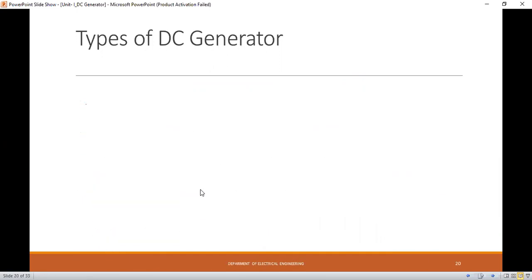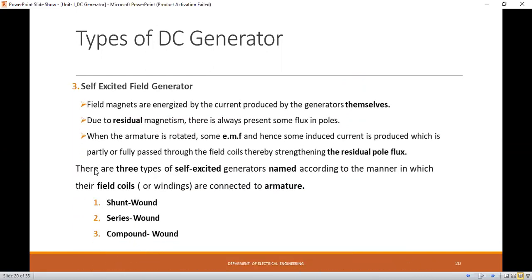In case of self excited DC generator, the field magnets are energized by the current produced by the generator itself. आता याच्यामध्ये जी काही फील्ड वाइंडिंग आहे त्या फील्ड वाइंडिंगला एक्साइटेशन जे दिलं जाईल ते जनरेटर मध्ये जो काही करंट प्रोड्यूस होईल, सो ड्यू टू दॅट करंट द फील्ड इट विल बी एक्साइटेड. म्हणजे जनरेटर मध्ये प्रोड्यूस होणारा जो काही करंट असेल, सेम करंट इट विल बी फ्लोज